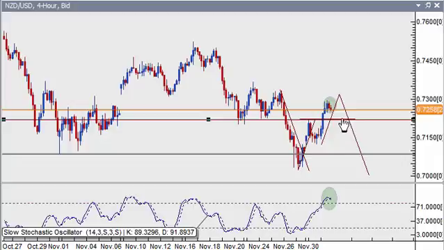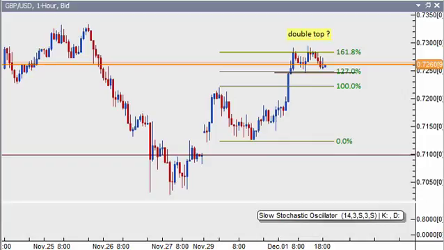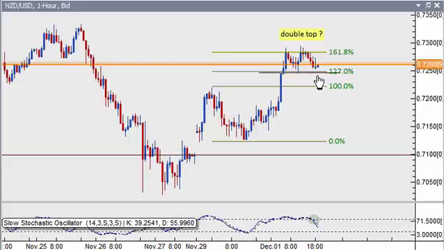So this area is very important. It could be a trigger, or it could also invalidate our Gartley. Now, looking at the 1-hour time frame, we should have looked at it here. Here it looks like it might develop a double top if the market breaks below 0.7245, but again,